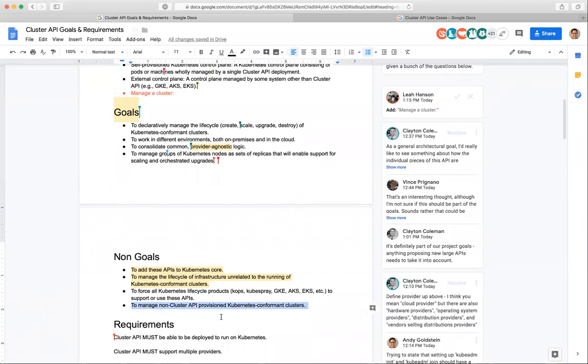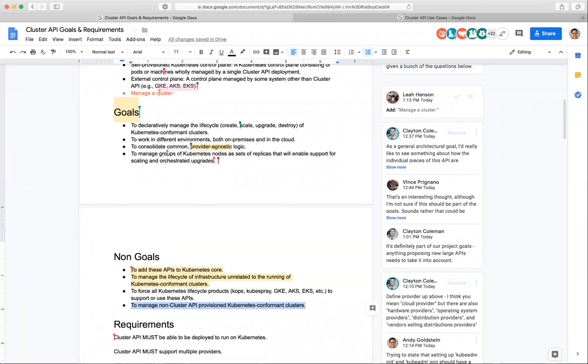Andy, I have the question of if that's the case, how do you manage clusters where the cloud provider has a managed cluster, like Amazon and Google? At some point, we mentioned that was a possibility. Yeah, this is not saying we can't manage GKE clusters. It's saying that if we're going to manage a GKE cluster, it needs to be provisioned by cluster API. Or the GKE would have to do some special stuff to make it look like it was, right?